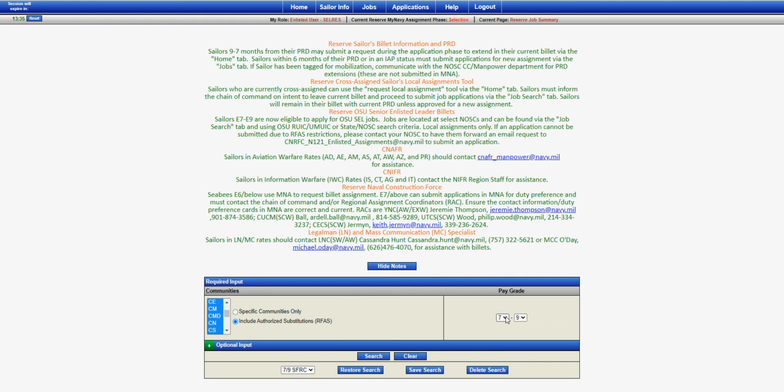You'll need to choose your pay grades, and it's best to choose your pay grade plus one above and one below, except for first classes. If you're a first class, you'll need to choose E6 and E5. You can try looking at the E7 billets, but the likelihood of getting one of those billets is going to be kind of rare. So I'll just choose E1 through E6,